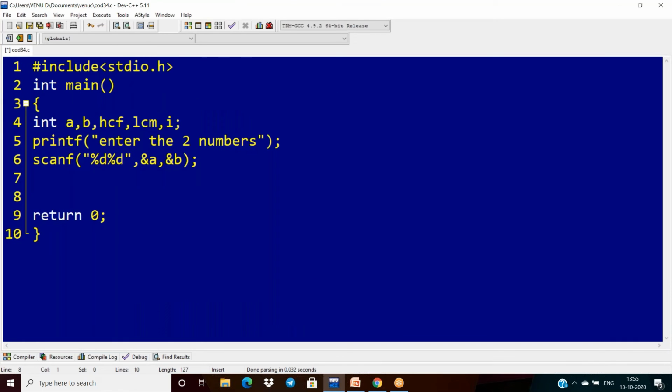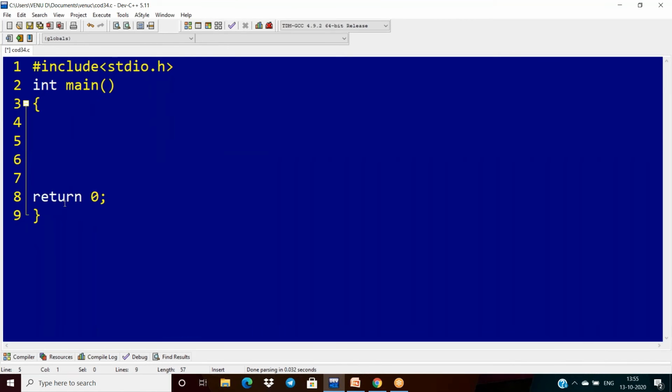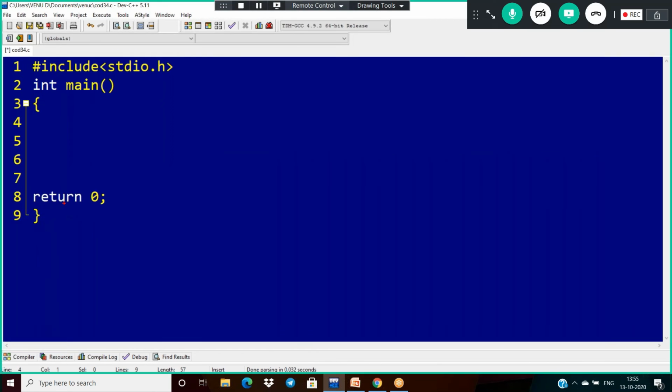So what is Fibonacci? The Fibonacci series is like this. If my input is 5, I have to provide the Fibonacci series up to 5 terms. Initially the series consists of 0 and 1, the next value is the sum of 0 and 1, and the next value is the sum of 1 and 1. Then 1 plus 2 is 3, 2 plus 3 is 5. We just display the terms up to 5 only. N is your input, the number of terms.